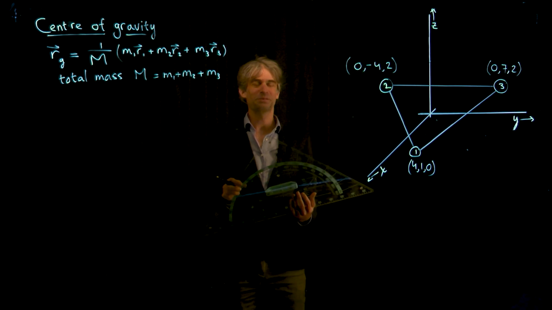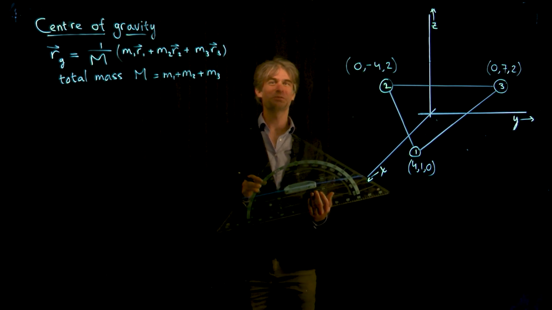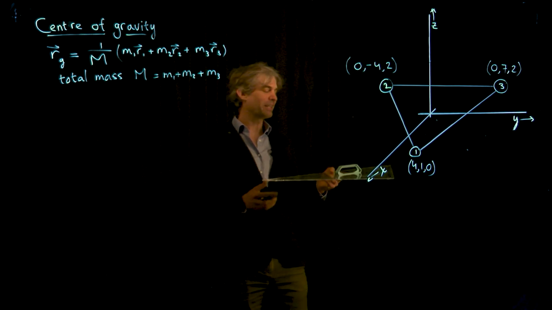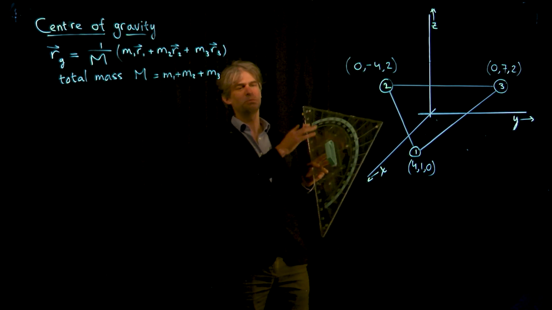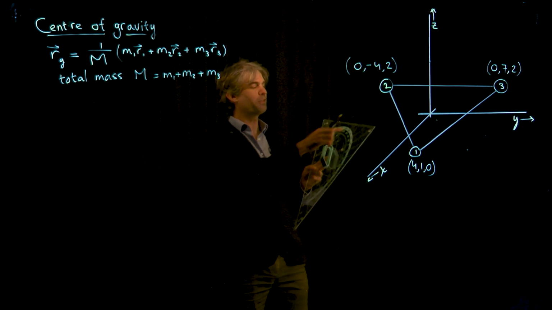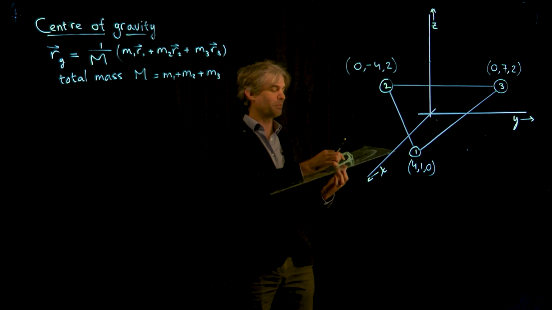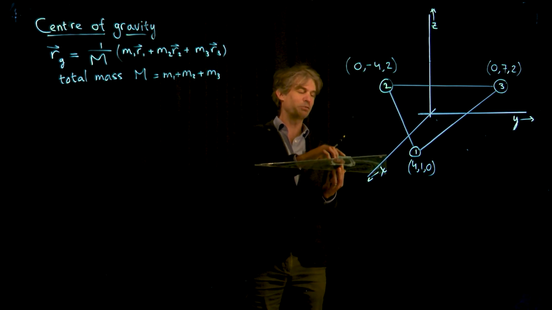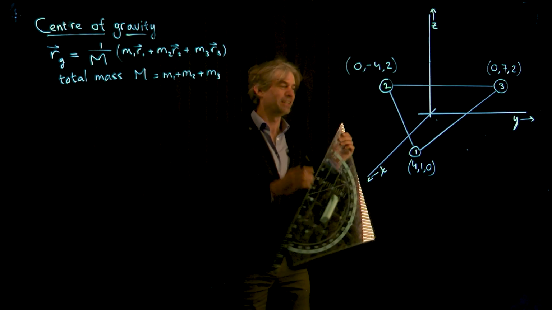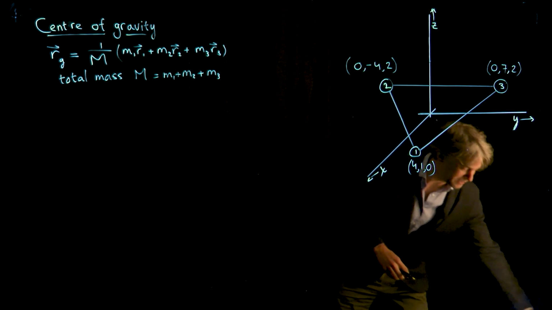Although sometimes the center of gravity is not inside the object, and of course you can't support it there. But let's keep things simple. If I have a triangle like this, and I suppose the weight is more or less homogeneously divided, then it should be at about 1/3 of the symmetry axis. So it should be more or less here. I'm of course going to fail even if I try, but at least I tried. So that's the center of gravity.